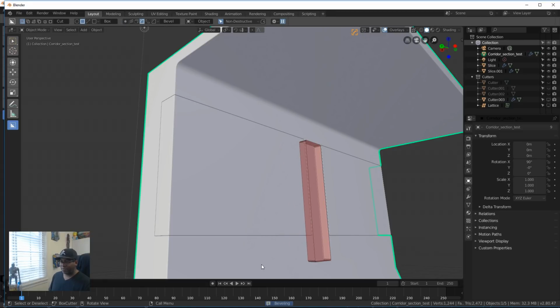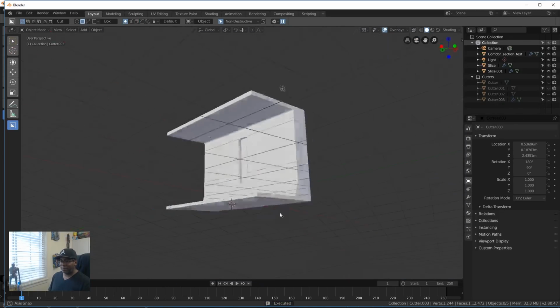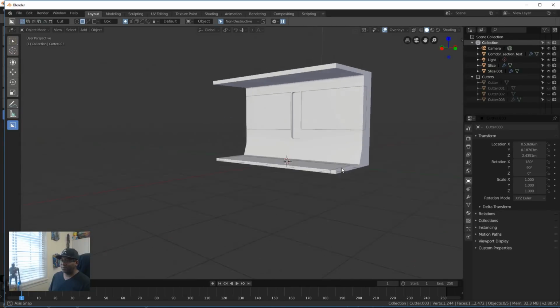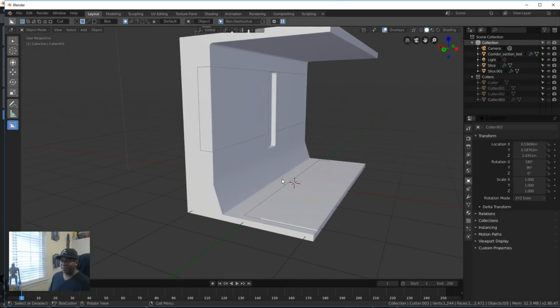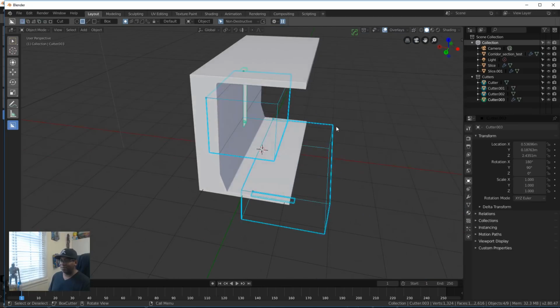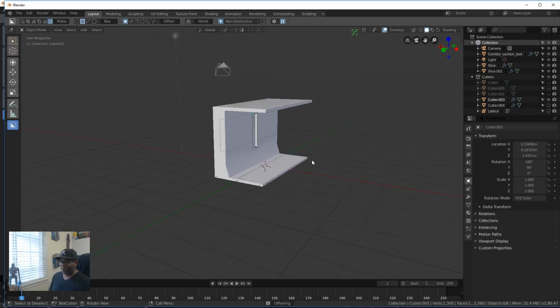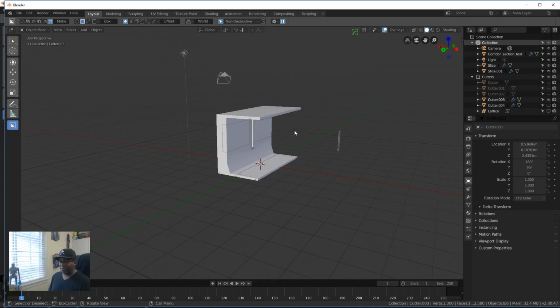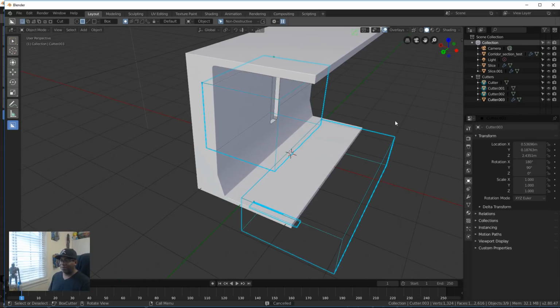I can bevel this, so I will shift click it and then hide the shape. And so basically all of those hidden shapes will become cutters. And if I ever needed to edit them again, the cool thing about working from the start like this is if I hit Alt H, it unhides everything that's hidden, and I can see these shapes, and I can further take them and move them around, right? So like if I Alt H again, oops, actually let me escape that, then Alt H, there we go,